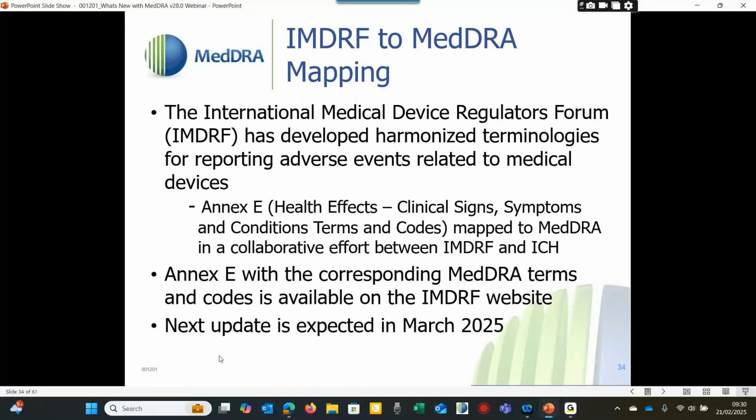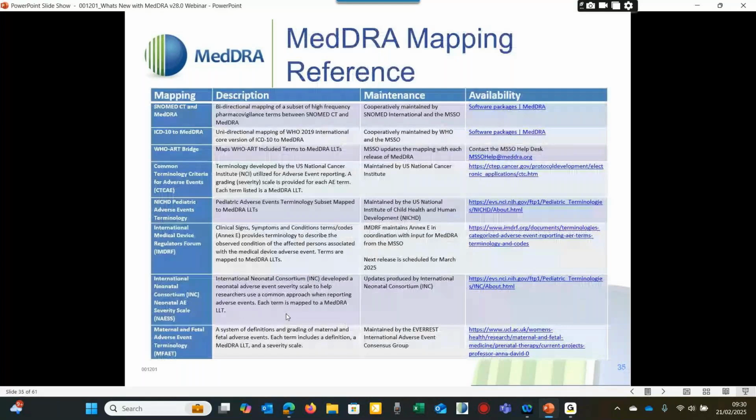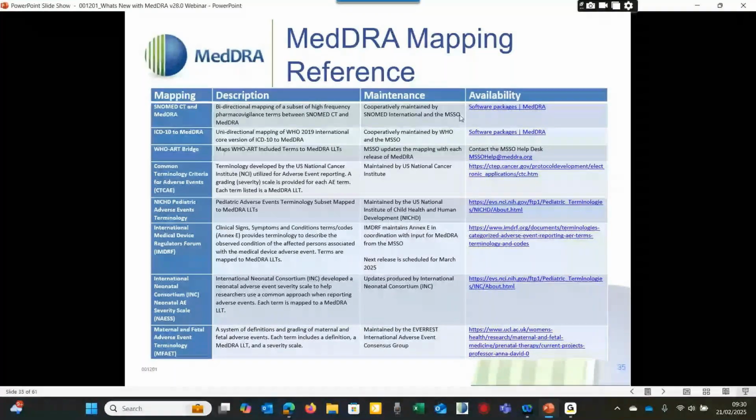This shows you now in a table all the terminologies which have been mapped to MedDRA or bidirectional, and it gives you a description. This is a nice summary here. The information is available on our website, but this is a nice easy reference for you with some links available. So again, have a look at the slides that Leander's put in the handouts if you're interested to see this